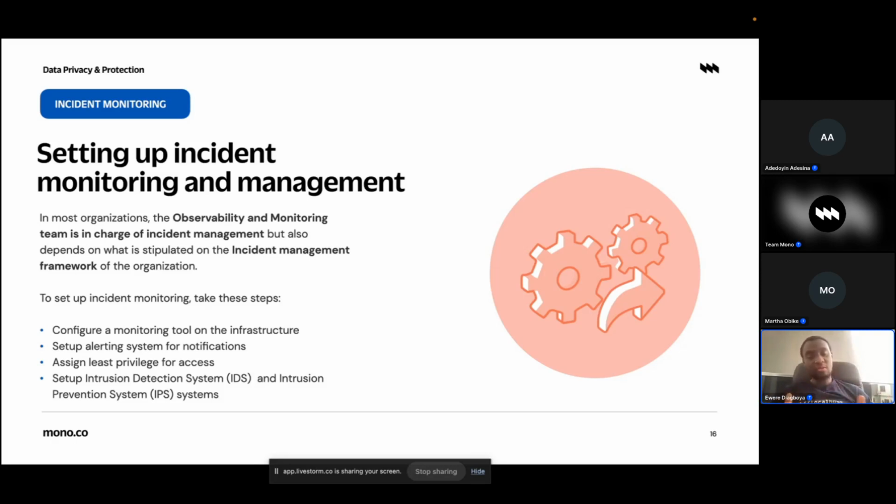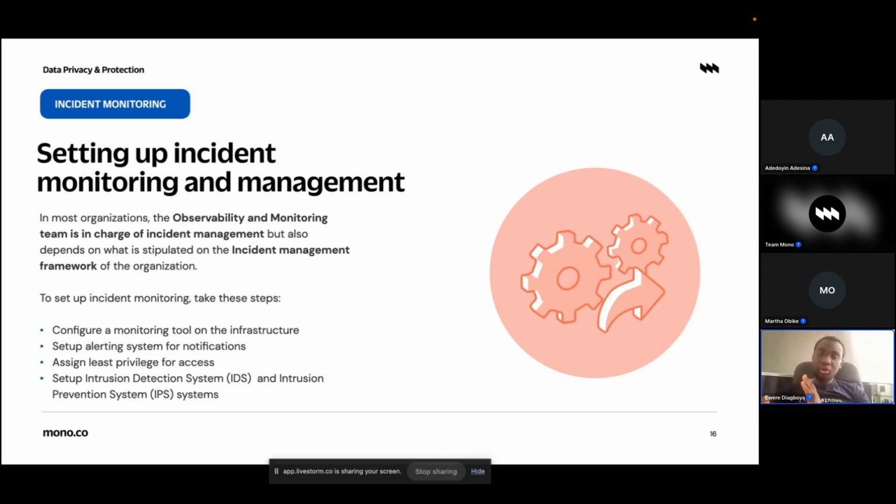And then an intrusion prevention system will just prevent it from happening. So detection checks, prevention prevents. Both of them are used interchangeably because sometimes there are edge cases where you don't want to prevent. The detection can tell you that, you know what, this is the problem, then it gives you an opportunity to act on it. But the prevention will not give you an opportunity, it just prevents automatically.